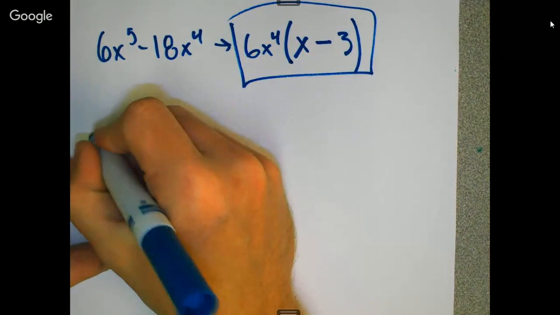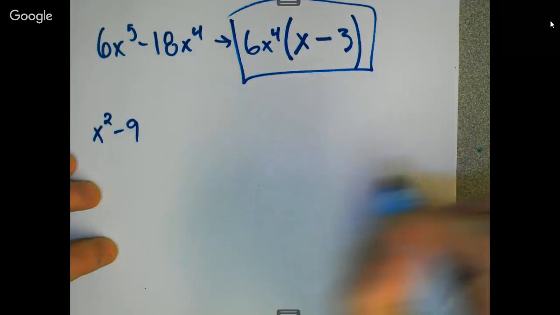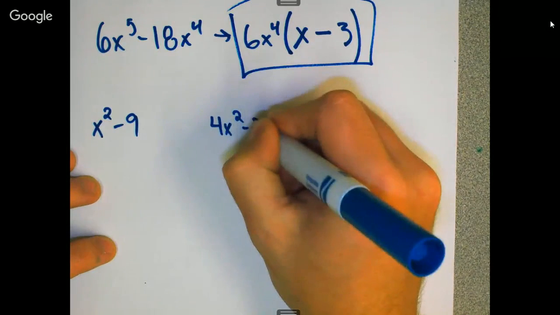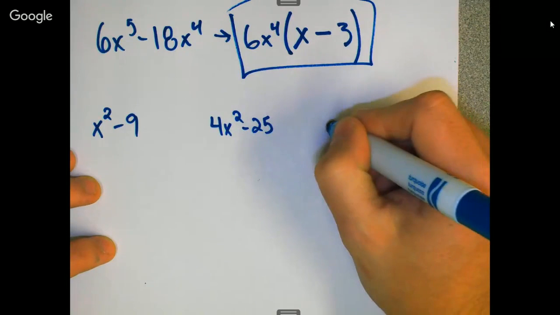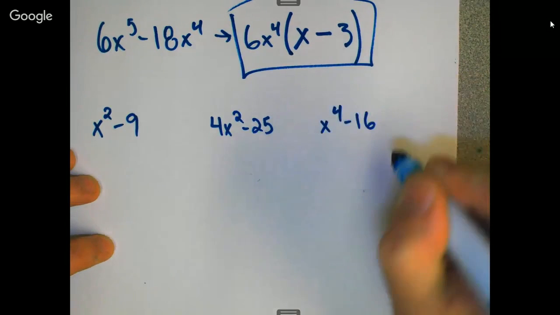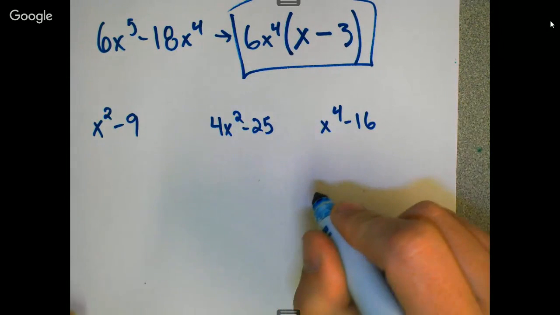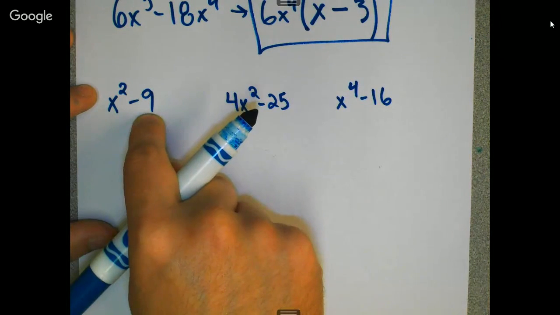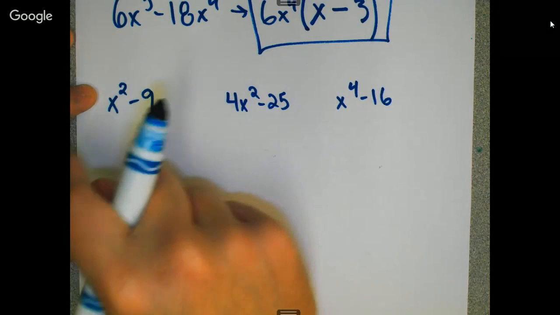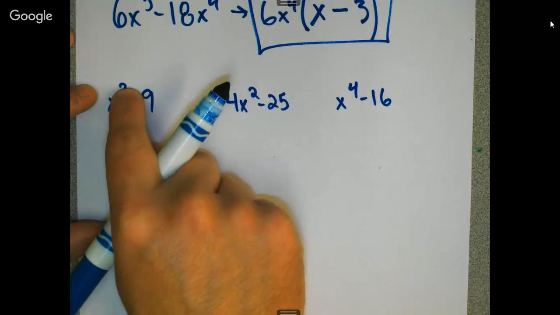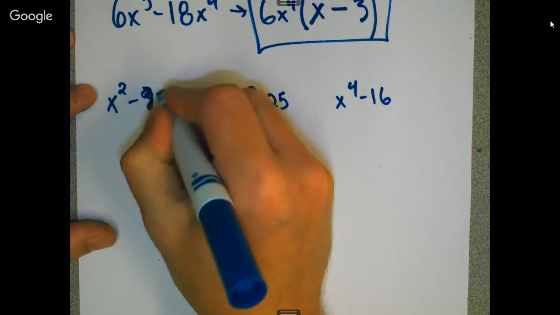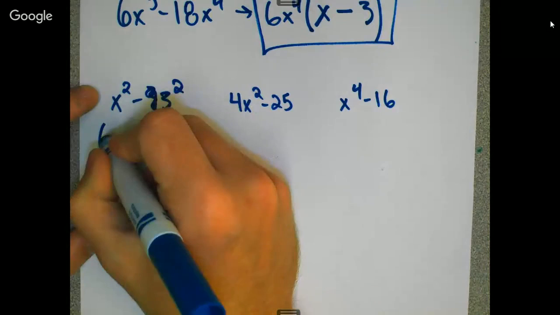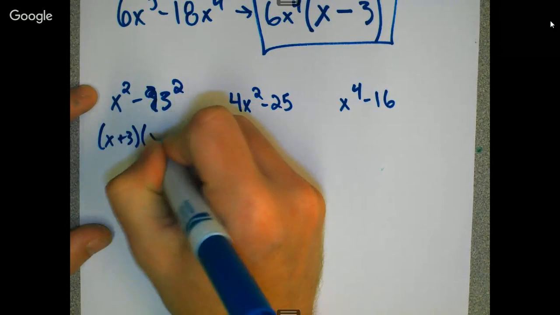Okay, then we went to special cases. Okay, and these are sometimes hard to recognize. So the first one is difference of squares, and I gotta think, what's the square root of this and what's the square root of this? Okay, or can I write these numbers as something squared? So this one is already x squared. This one would be 3 squared. Okay, so then we're going to take these numbers down here, and we'll say x plus 3, x minus 3,